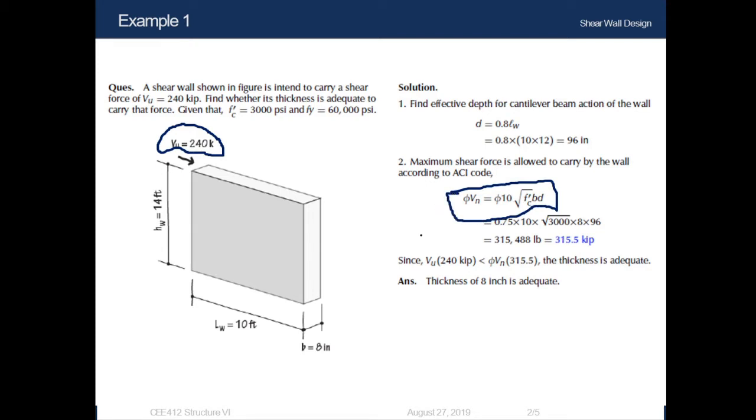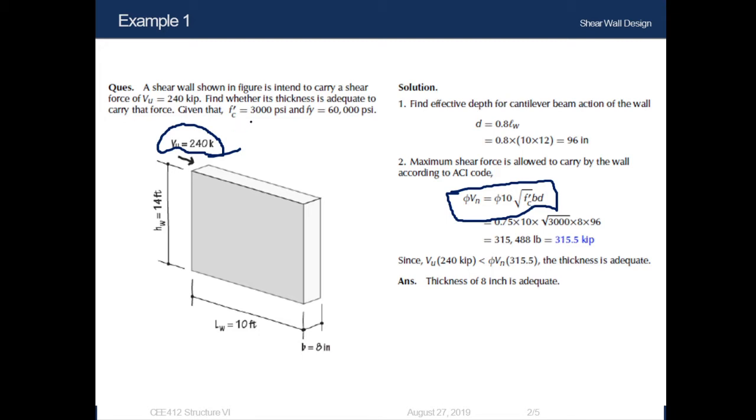and then from the capacity we need to conclude whether this wall can carry this 240 kip load or not. So this is actually the capacity checking problem. So let's see the example. In this example, a shear wall shown in this figure is intended to carry a shear force of Vu equals 240 kip. Find whether its thickness is adequate to carry the force, given that the compressive strength of